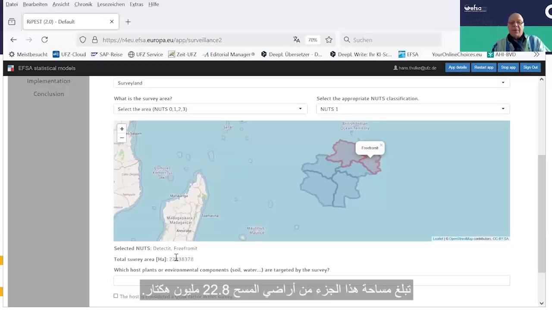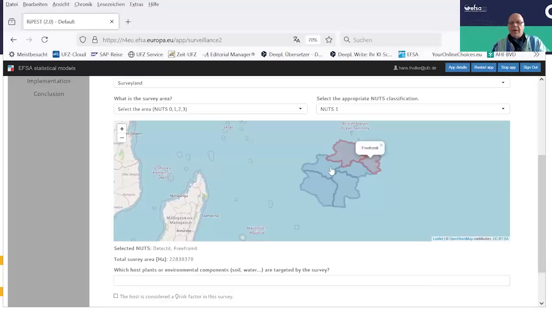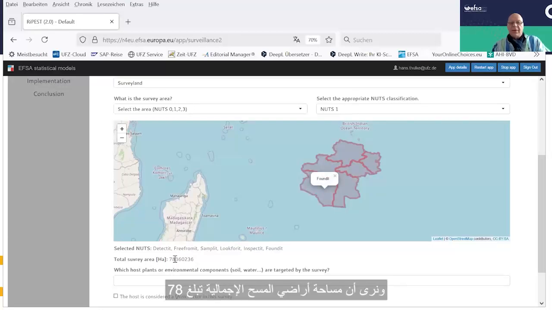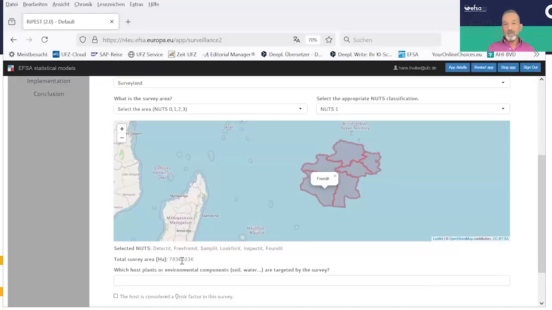So this part of Surveyland adds up to 22.8 million hectares. And now I'm adding the rest of the potential NUTS. And we see in total, Surveyland has an area of 78 million hectares, which is about like Turkey, for instance. Clear. So when we have added them,